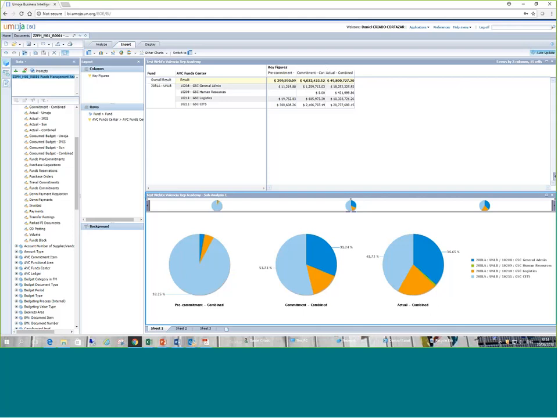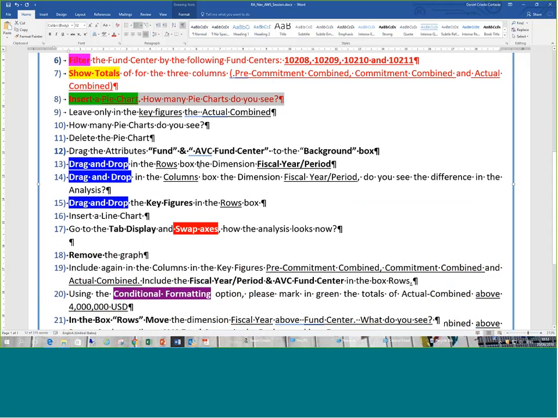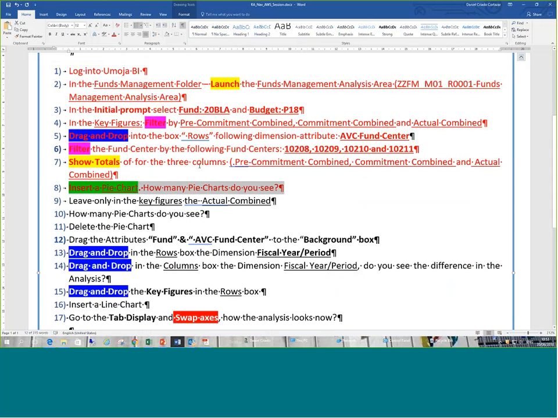A question from Emil. Let me see that. Is it possible to have a total after actual combined, which should be the sum of the 3 columns? Yes, we can do that. But let me go back to the exercise and let's go step by step. That's something that we will show to you in Valencia, okay? Because